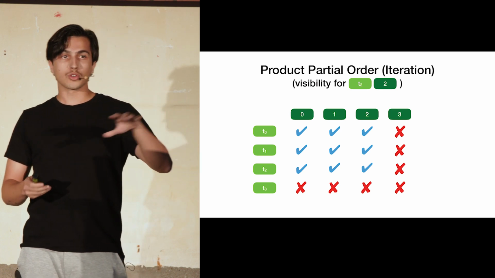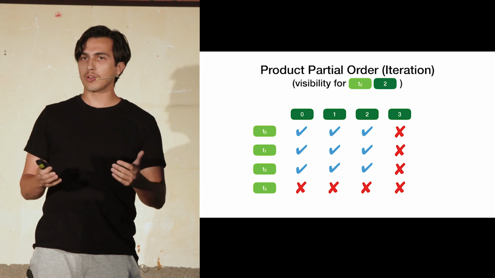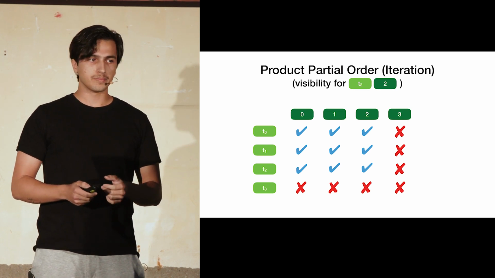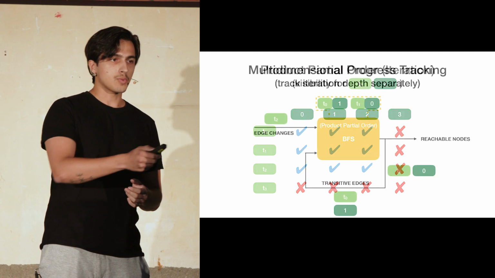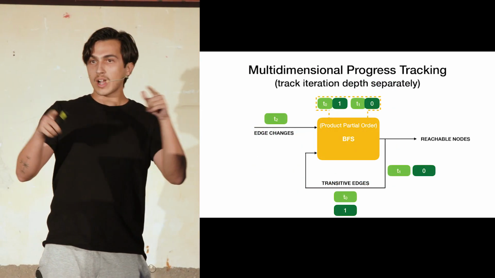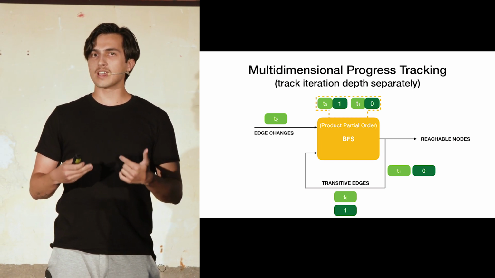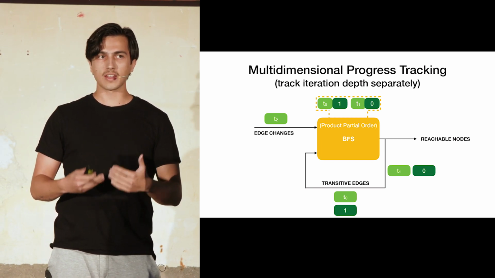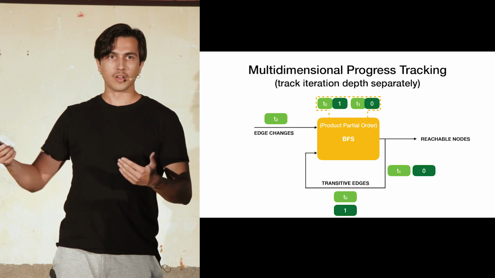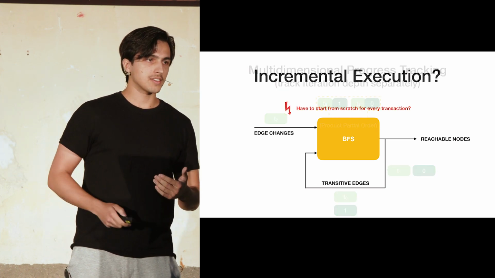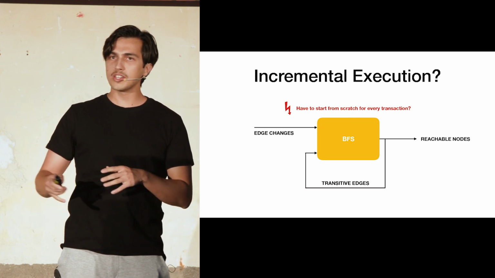There are many different orders that you can think about for different use cases. For iteration, it usually boils down to this. And this way, we can make sure that while we're interleaving all of these transactions, each one can only see a state of the graph that is consistent, that is already committed to by all of the transactions being processed concurrently. And still, there's one issue.